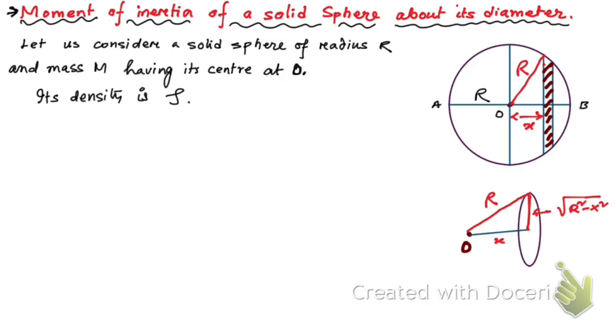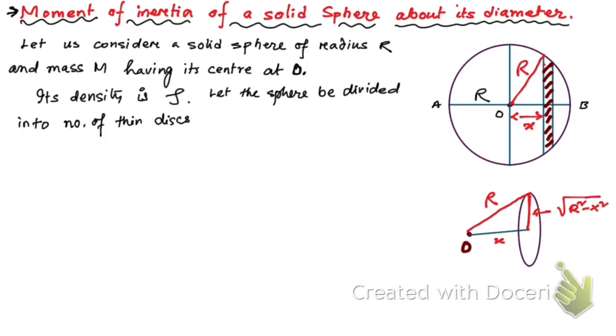So let me write here: let the sphere be divided into number of thin discs by planes perpendicular to the diameter AB, and let us consider